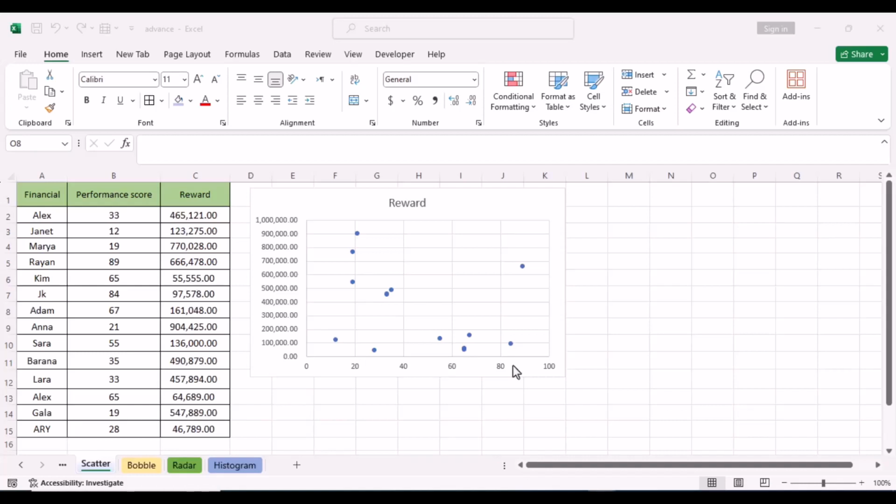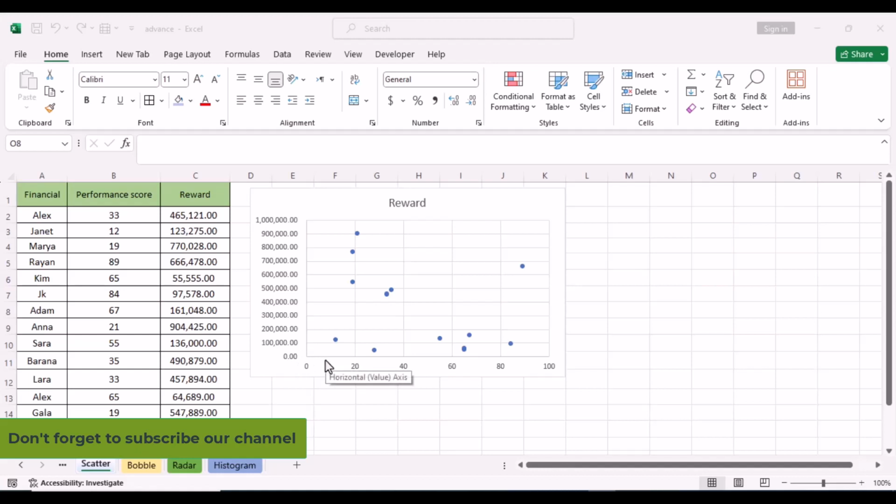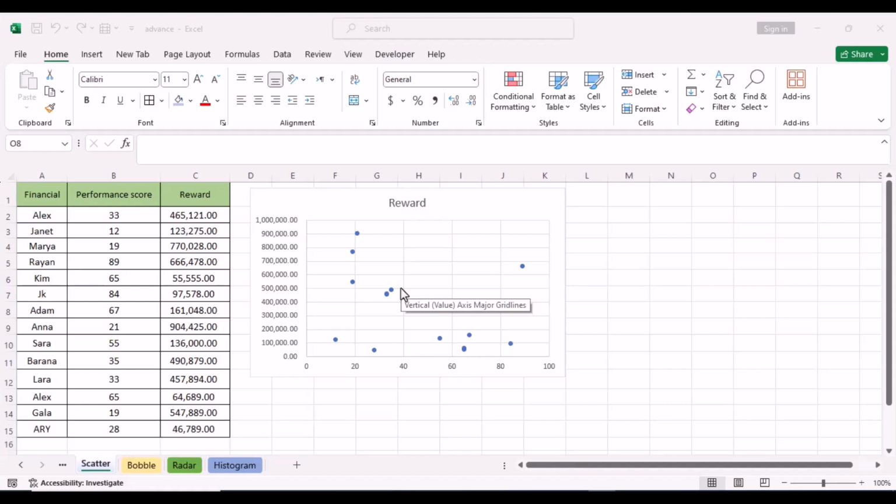Scatter chart or XY chart is a two-dimensional chart that shows the relationship between two variables. This chart is used to show the dispersion of data and to observe the relationships between variables. This chart is similar to the line chart without the line, so many times these charts are mistakenly used interchangeably